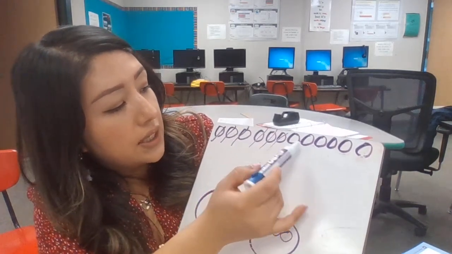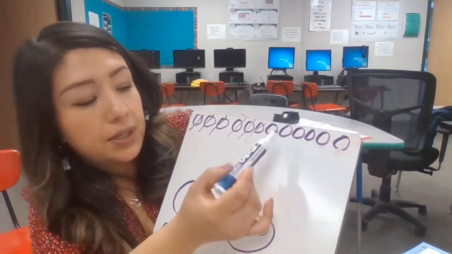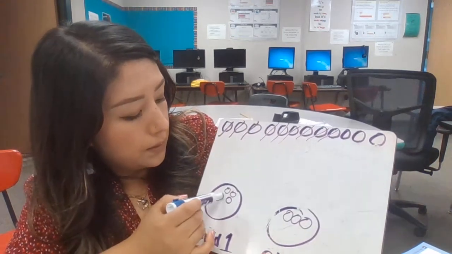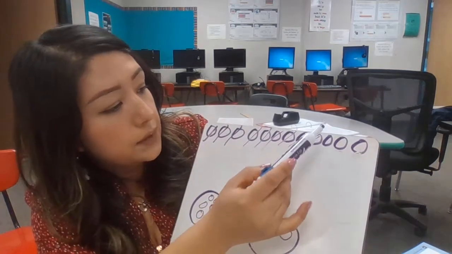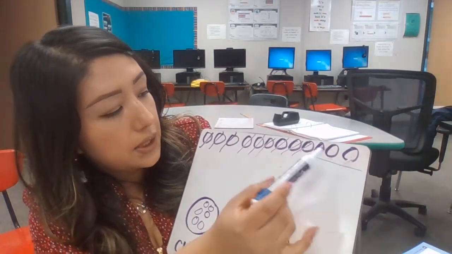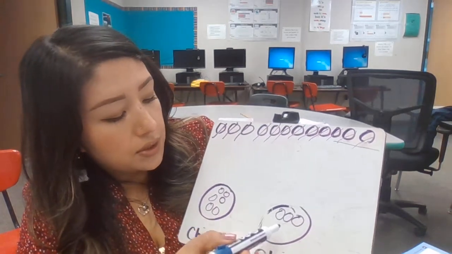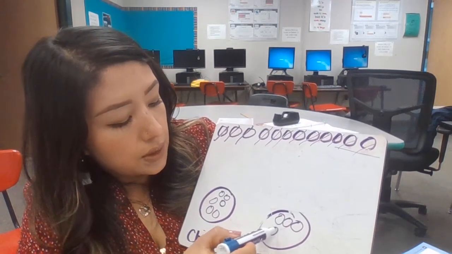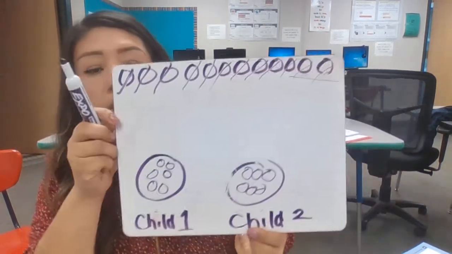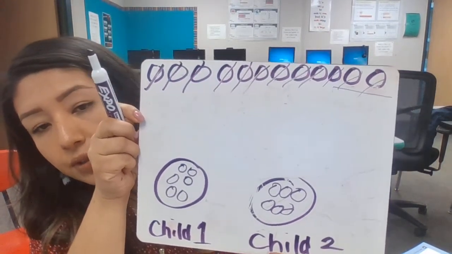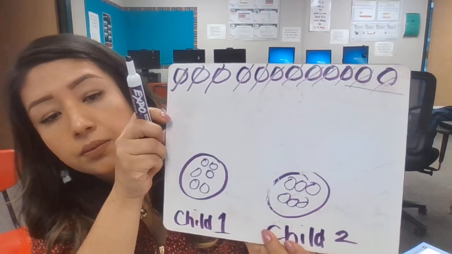Again, I see I have enough cookies to do 3 again. So I'm going to do 1, 2, 3. And then I have the last set of 3 cookies. I'm going to cross it off. 1, 2, 3. I'm going to draw it into the circle of the second child. You can see I crossed off all the cookies, and if we go in and count, we're going to find